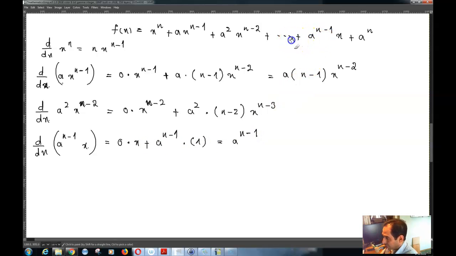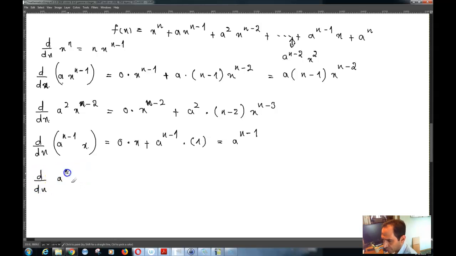And right over here, before this term, you have another term. You see over here, you have a raised to the power n, a raised to the power n minus 1. So this would be a raised to the power n minus 2. And over here you have x raised to the power 0, x raised to the power 1, x raised to the power 2. So this term would be